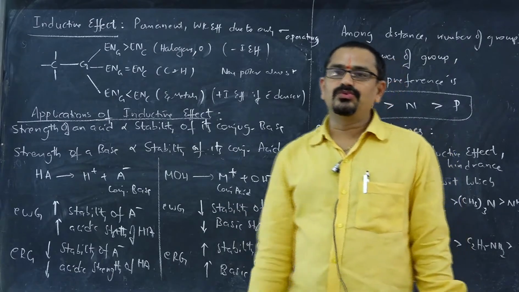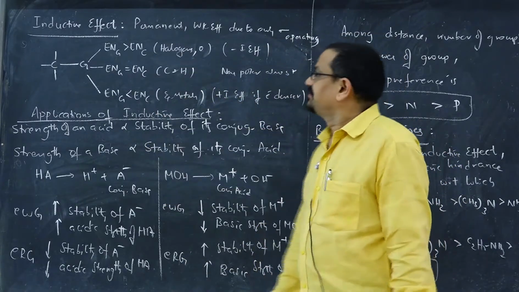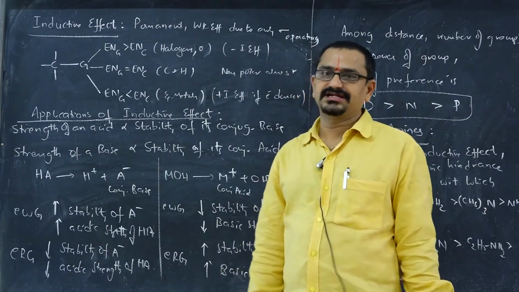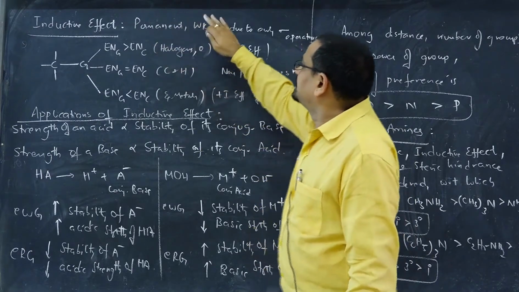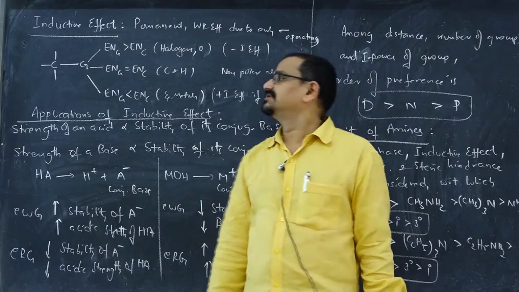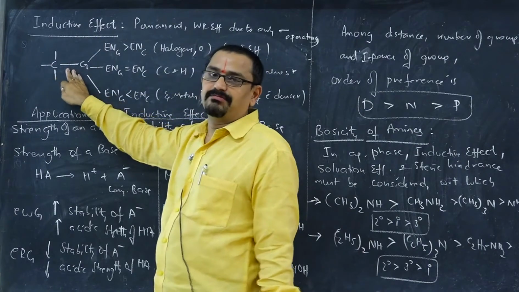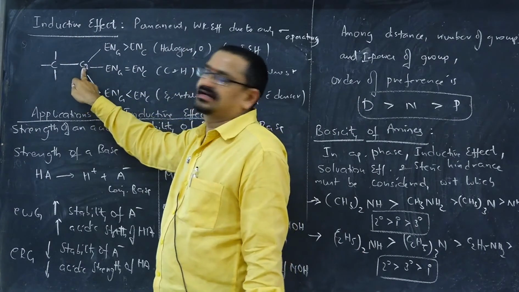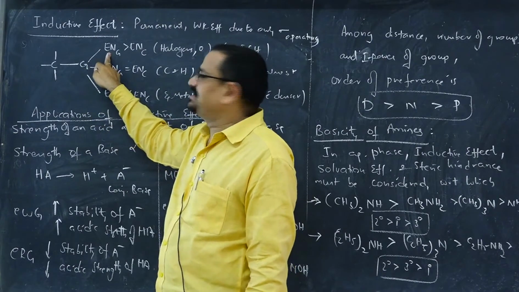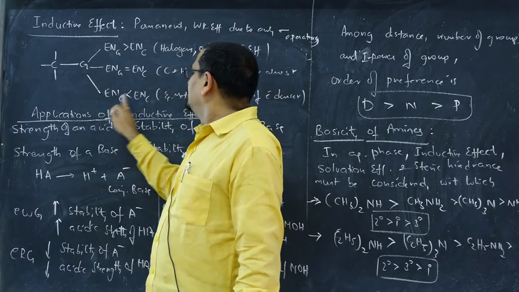And when it comes to electron migration effects, firstly we have to start with the inductive effect. See, inductive effect is a permanent displacement of sigma bonded electrons. It is a permanent effect, but a weak effect due to its operation only through sigma bonds. For inductive effect, we need to observe the bond between carbon and the connected group G. It is of three types. Electronegativity of group G may be more than that of carbon, equal to that of carbon, or less than that of carbon.